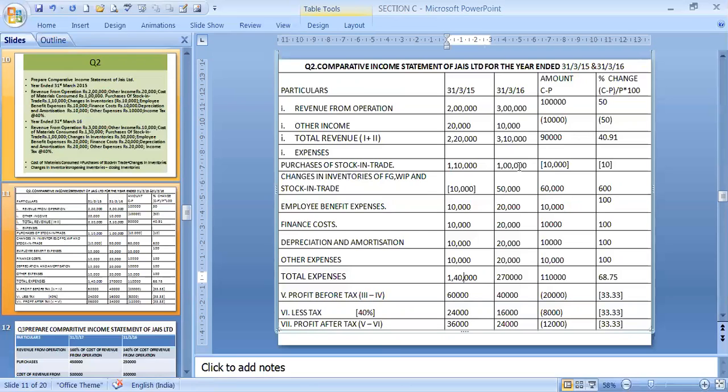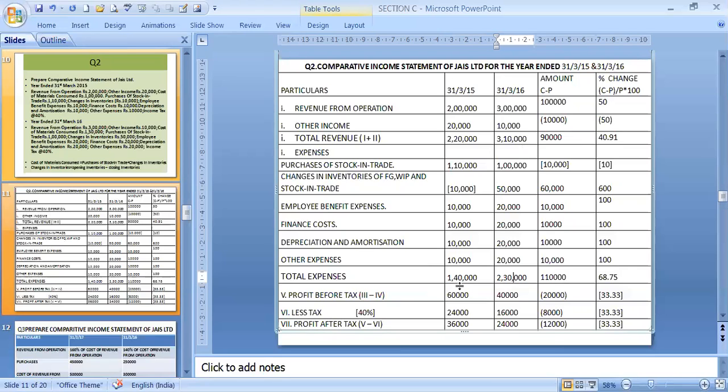And this year it is how much? 1 lakh 50, and then 20, 20, 20, 20. That means 2 lakh 30 is coming. 20, 20, 40, 40, 20, 60, 60, 20, 80, 80 plus 50 is 1 lakh 30, plus 1 lakh, 2 lakh 30,000. So this is coming as 2 lakh 30,000. Okay, so that is total expenses.